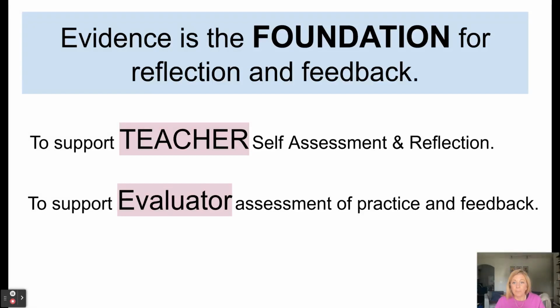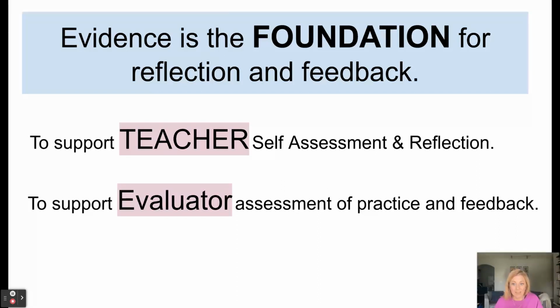And it's twofold. The evidence supports the teacher in making an accurate self-assessment, and the ability to reflect on their classroom practice. Teachers are attending to a million things in their classroom. New teachers especially miss some of the things that are going on. Evaluation is the opportunity to provide a teacher with valid, reliable, objective evidence to inform their assessment of their own practice and the impact it's